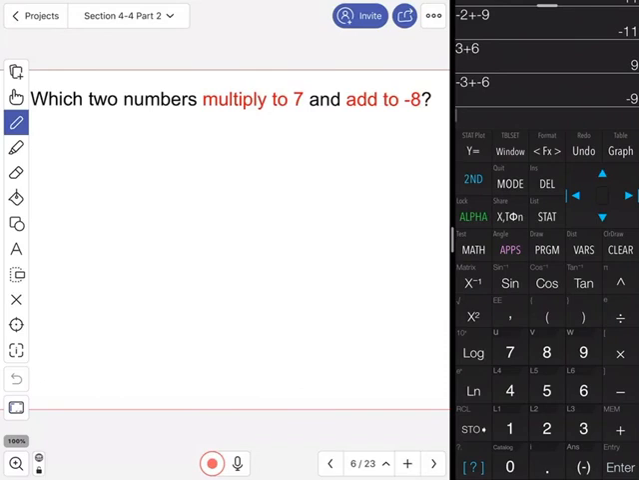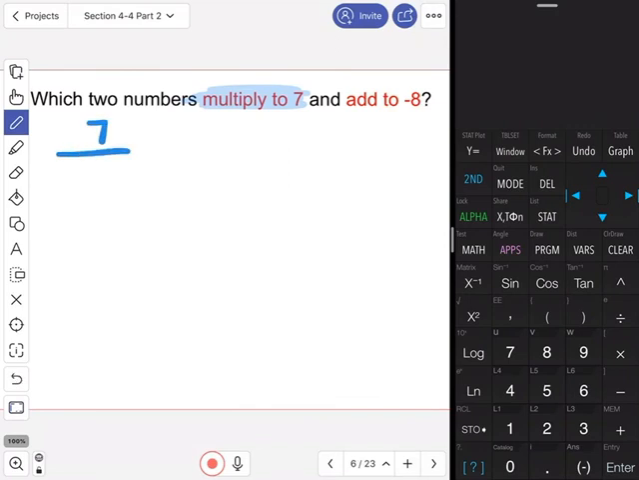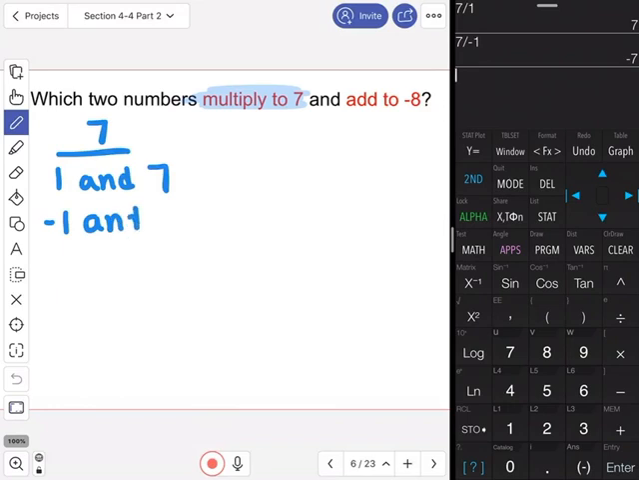In our last example, we're listing which two numbers multiply to 7 and add to negative 8. So if I'm listing which two numbers multiply to positive 7, I'm going to start by listing. If I do 7 divided by 1, it gives me positive 7. So I have 1 and 7. And again, we also have to check the negative version. So 7 divided by negative 1 gives me negative 7. Now 7 divided by 2